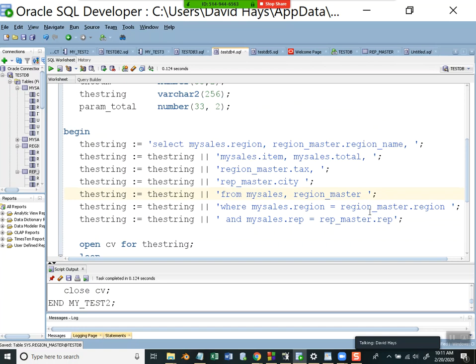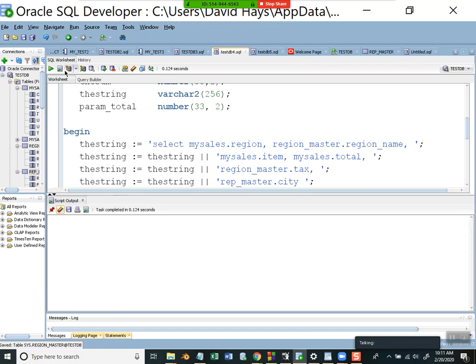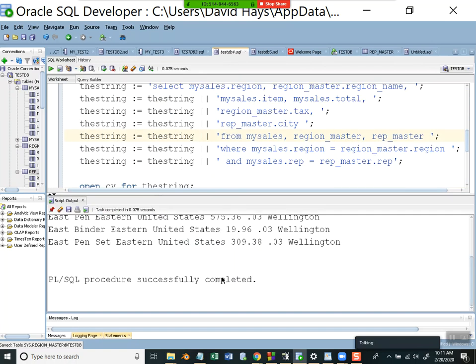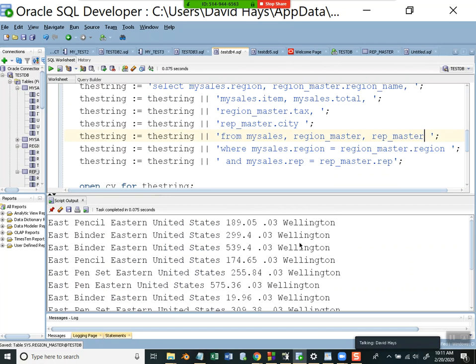There it is. I don't have it in the from. Got to list all of your tables in the from. And I see it brings in Wellington. And if I go look up at the rep for this, which I can't because I didn't actually put it in my query,